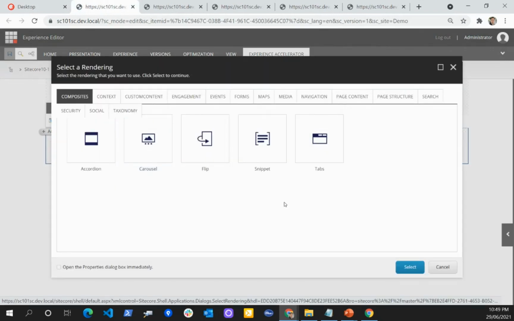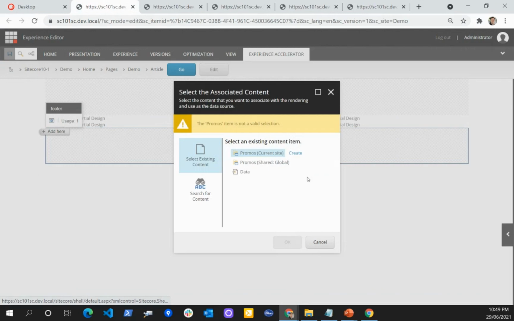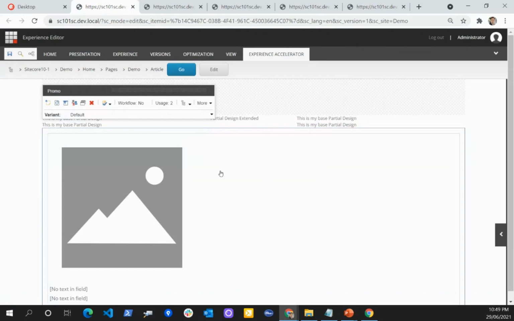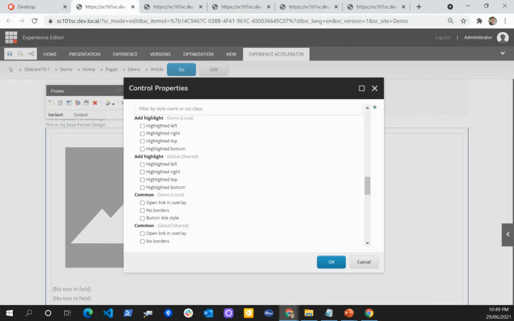So let's say if I go and use promo content, and in the promo content, if I create a test promo, and if I just go to edit component property, now here you would see multiple styles.